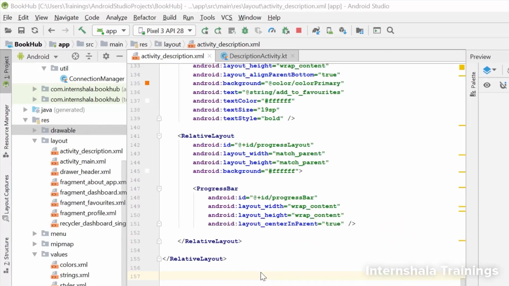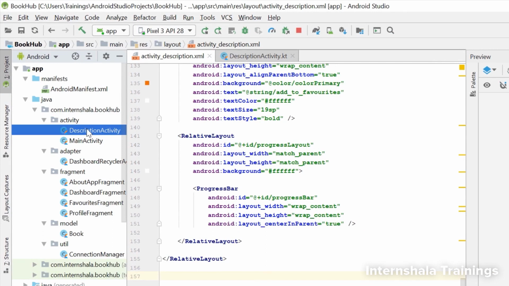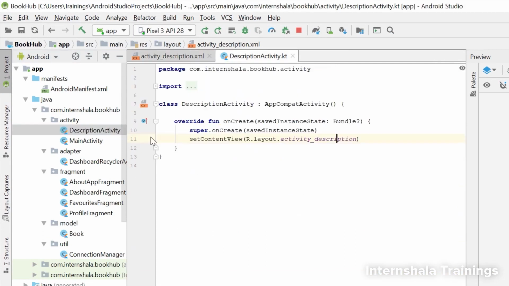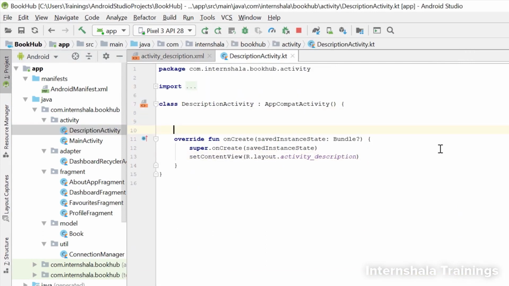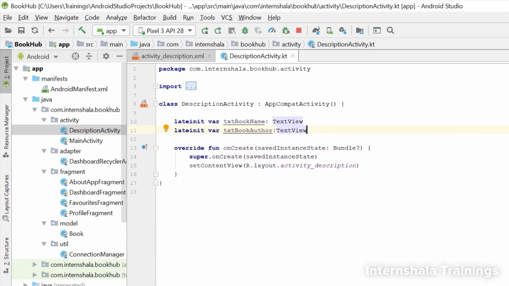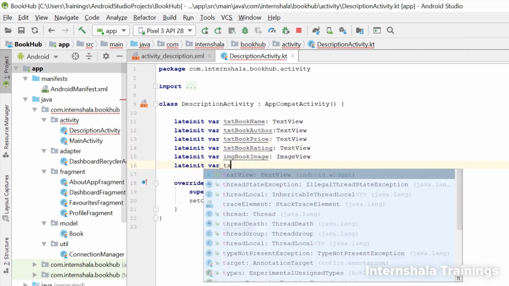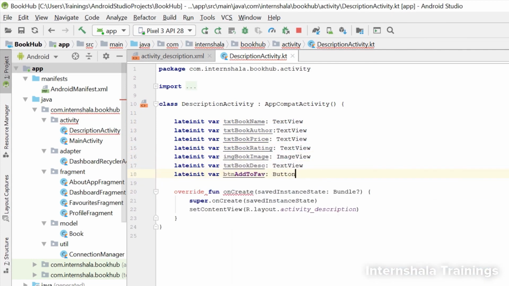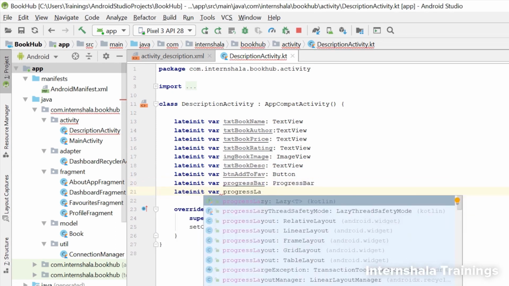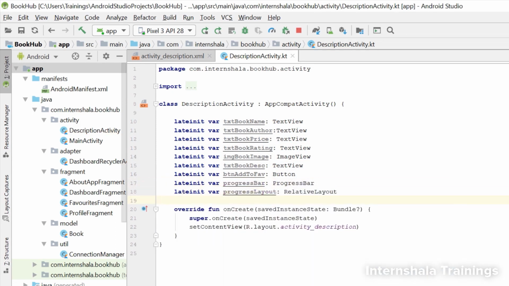Now that we have created the layout, let's go to the description activity.kt file. Let's first declare variables for all the views: book name, book author, book price, book rating, book image, book description, add to favorite button, progress bar and progress layout. We declared the variable for the progress layout because we want to hide this whole layout when the content